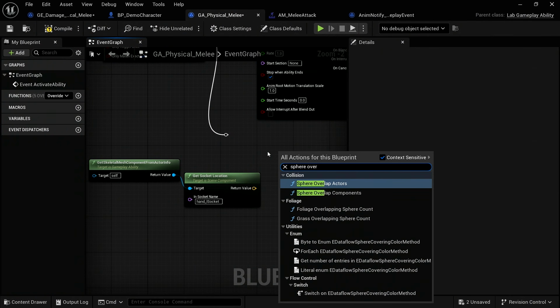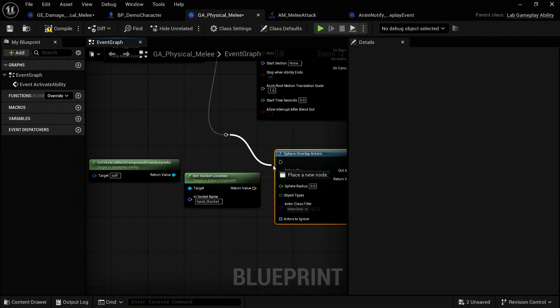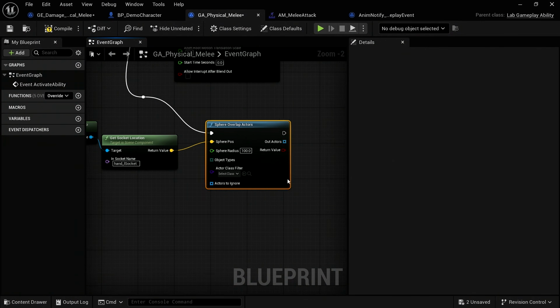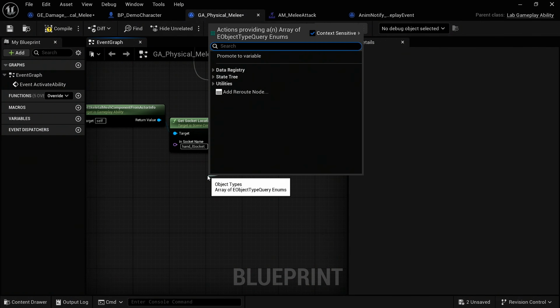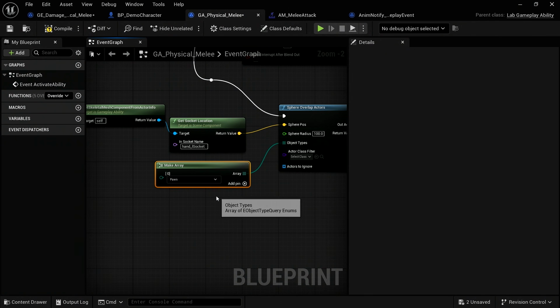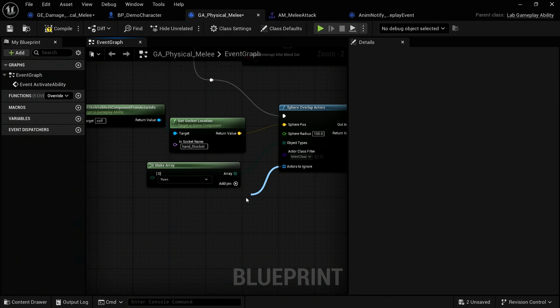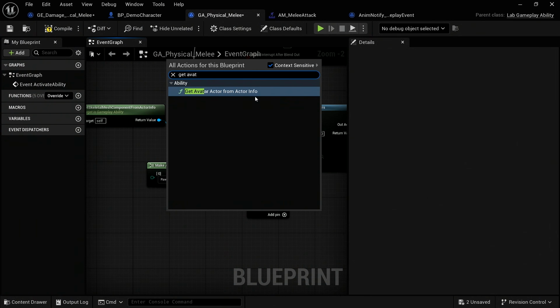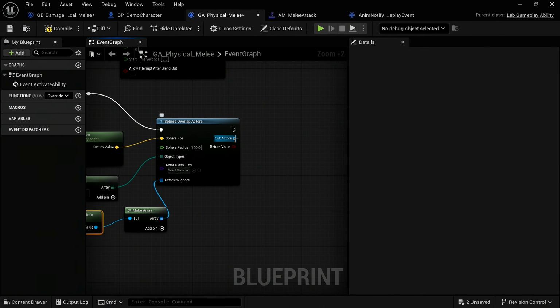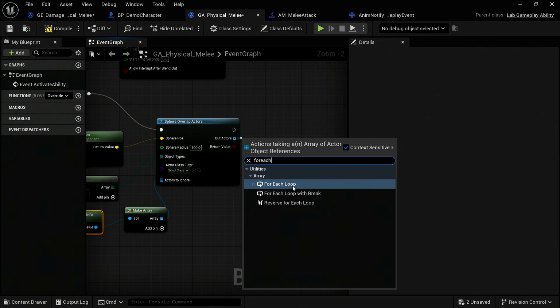I'll just do a simple sphere overlap actors. Look at anything that's close to my hand. I want to be quite lenient here because I'm pretty bad at aiming. And I'm only interested in pawns, so I'll do that. I also don't want to hit myself with the book, so I'm going to add myself to actors to ignore. So I'll get the avatar actor from actor info, which just means the character that owns this ability and its representation in this world. So ignore that, and for the remaining actors,